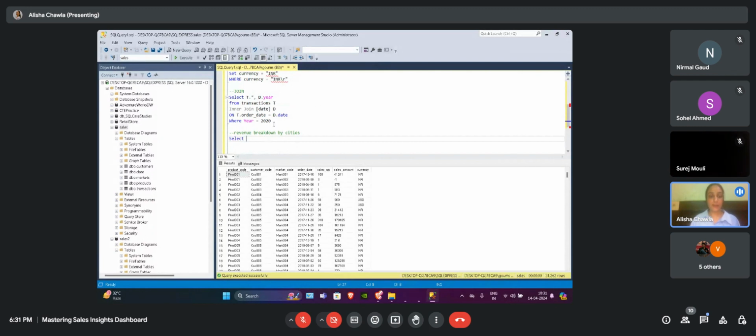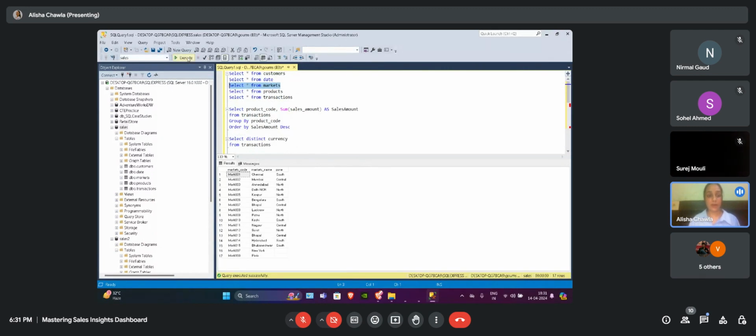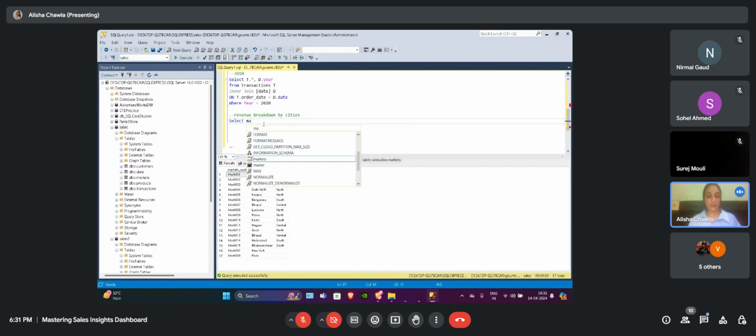Our cities column is, I believe, in markets, market name, let's say. So again, we have to join two tables to bring the market name from the markets table and revenue from the transactions table. So here we will select the market name.